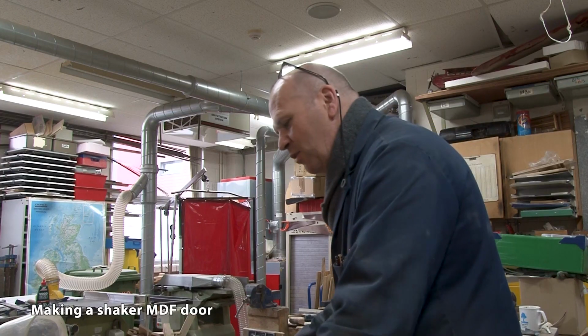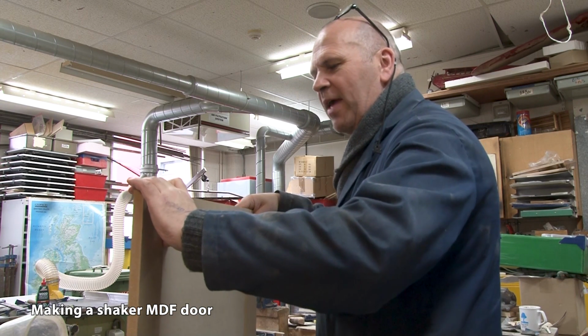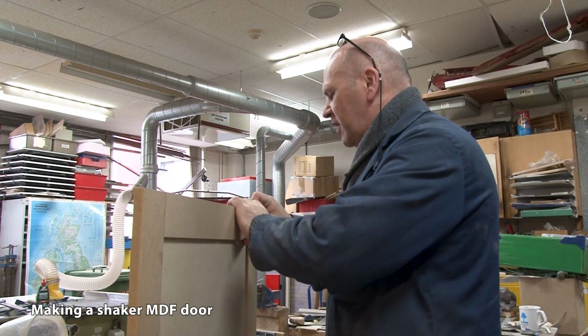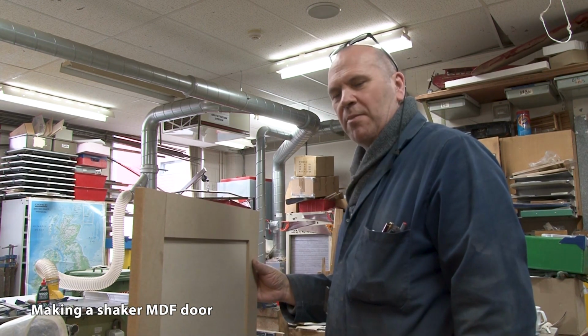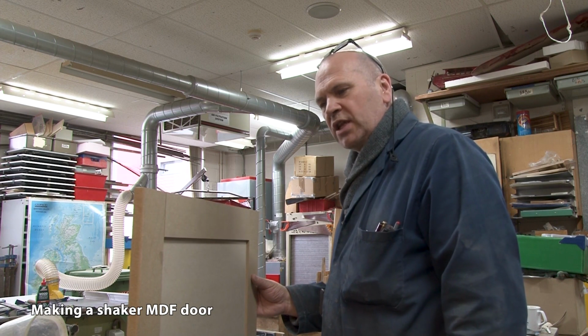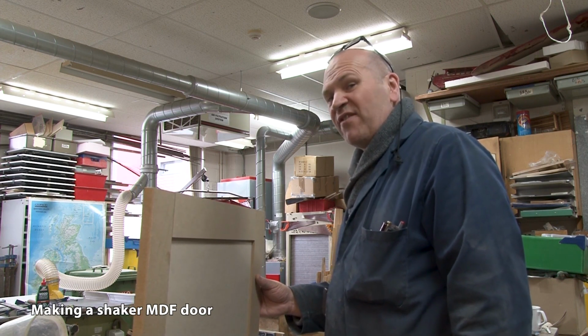So there you go, quick video on how to use the spindle moulder to make a little old MDF door for a cupboard. So if you were making a piece of furniture yourself and you were thinking, how on earth do I make doors, that's how it's done. And of course, if you wanted it a little bit, for want of a better expression, flasher,